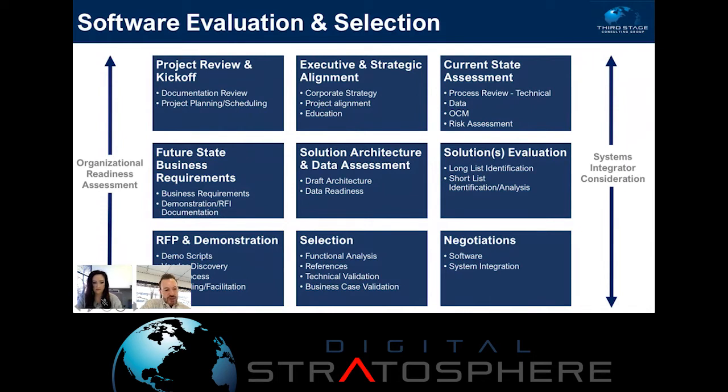And then we get into the selection process. You consolidate all that stuff that you've gathered in the evaluation process to get to that selection process. And then ultimately you want to negotiate with your software vendor so you're getting the right deal. List prices of technology nowadays are pretty much useless. I mean, it's rare, if ever, that we see organizations actually pay list price for technology. So there's a lot of negotiation that can happen there that can enable better cost savings. And you also want to negotiate the implementation cost as well. So the system integrator or the reseller, whoever's doing the implementation on the technical side,